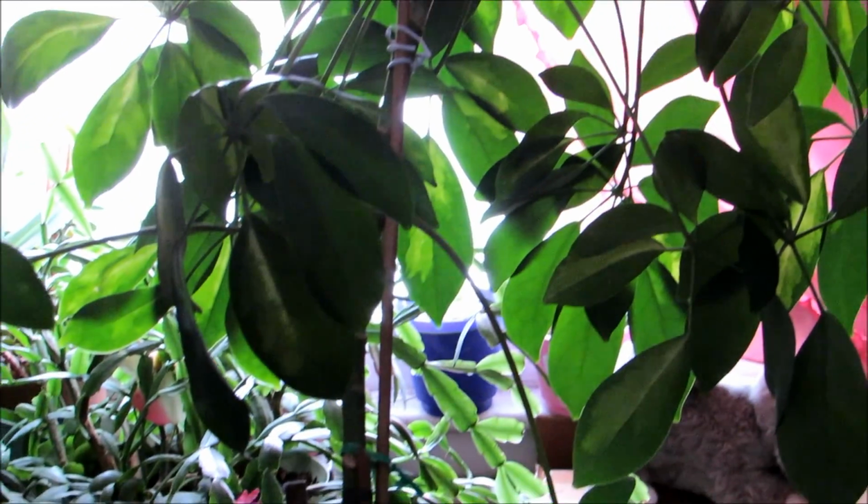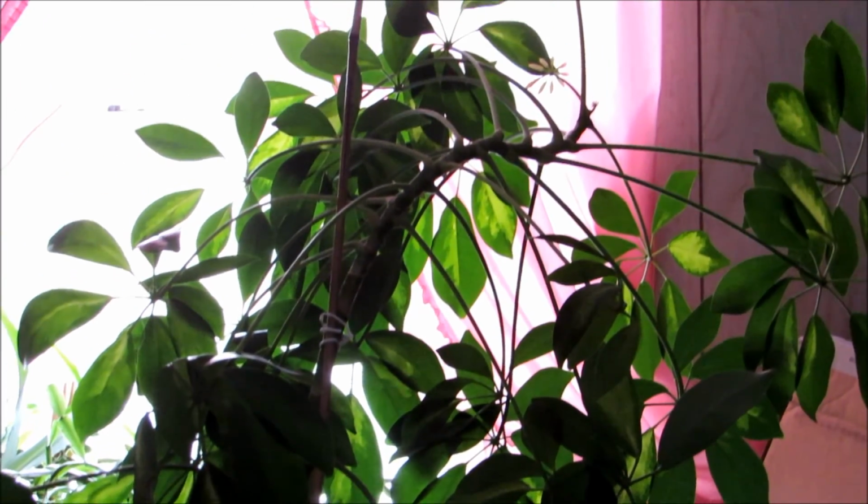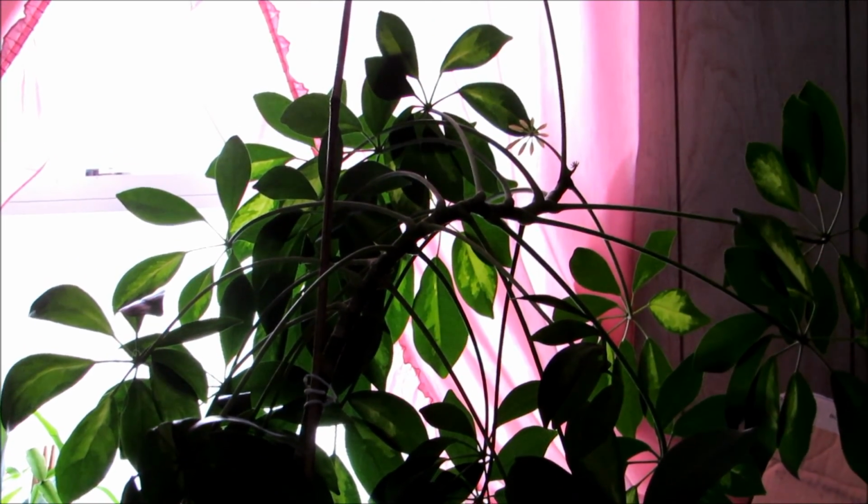And reminds me of a plant that you would see in the mall. Love this plant. But it's mammoth. And it's in a huge floor pot. Here is a